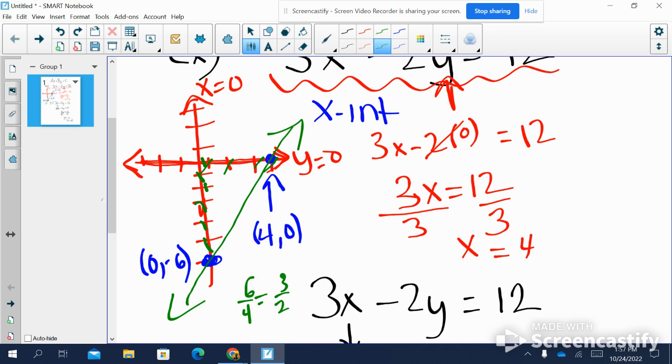That means I could have gone up 1, 2, 3, and over 1, 2, and there's another point. So standard form can help us to get those x and y intercepts, and we can easily